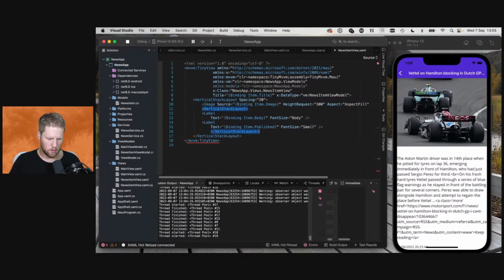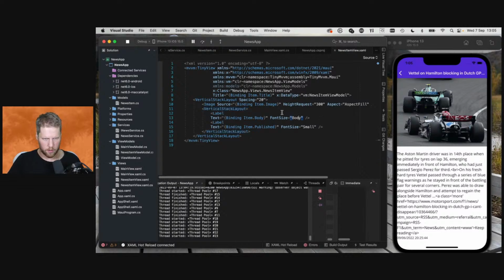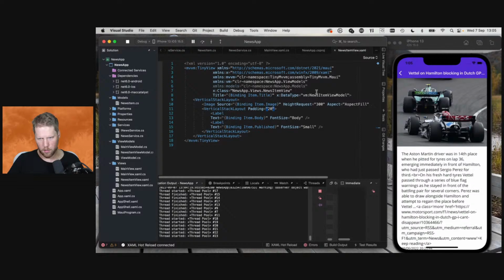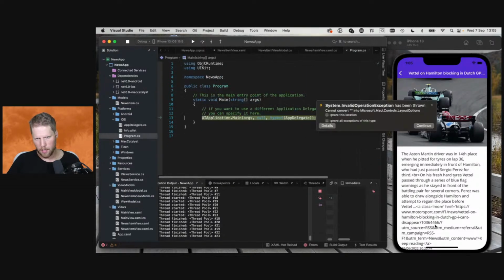Like this. And then we say padding. And now if we want to, we can remove the spacing here and just have padding here. Like that. But we still need to have the spacing here because we want to have some spacing between the body text and